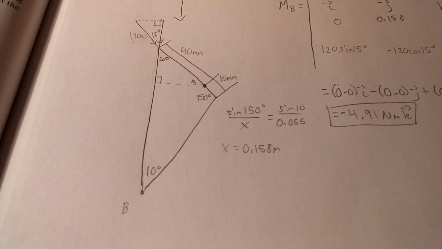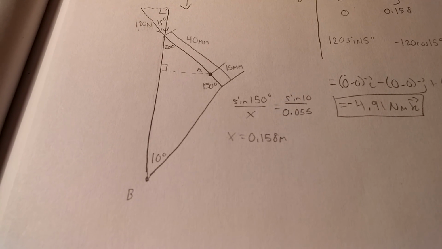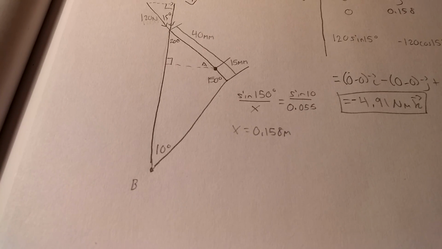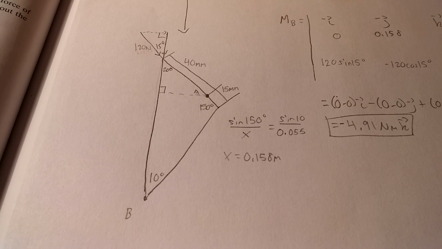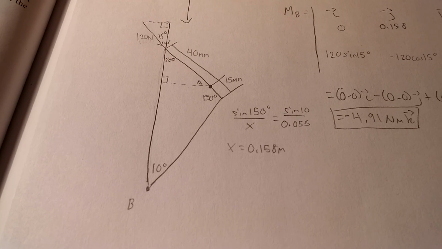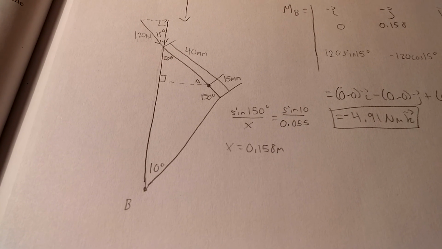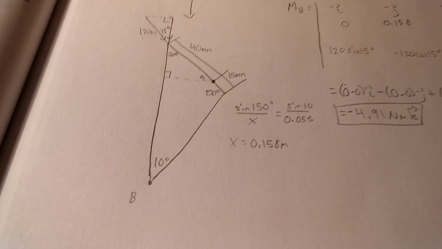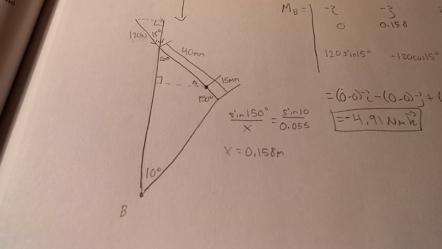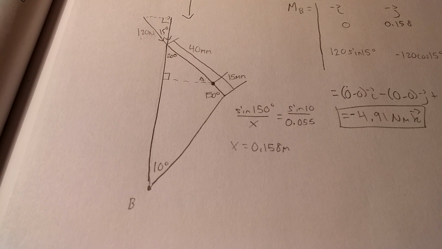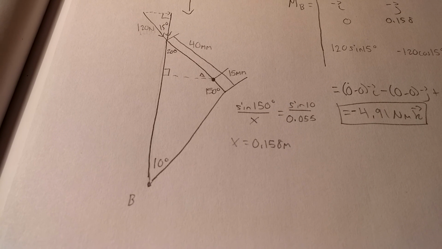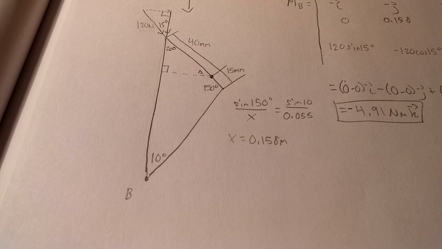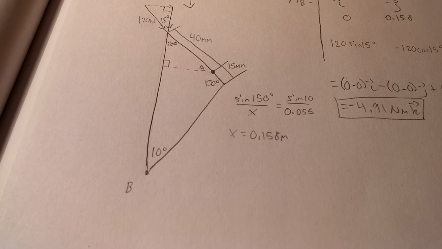The x component from A to the force is actually negative because it's going to the left. A is to the right of the force, but the force is to the left of A, and we only care about where the force is in relation to A. That means the x component of your position vector is negative. So the geometry ends up being negative 0.04, because 0.04 is 40 millimeters converted to meters, times the sine of